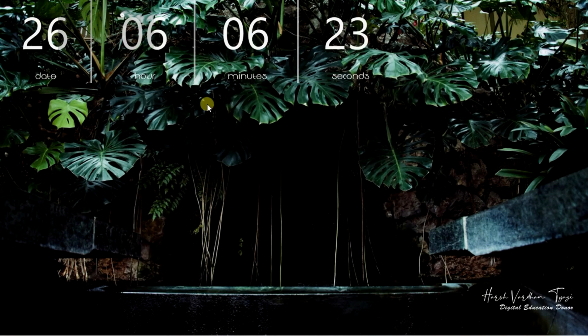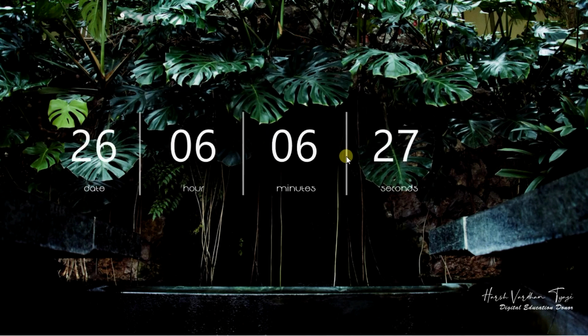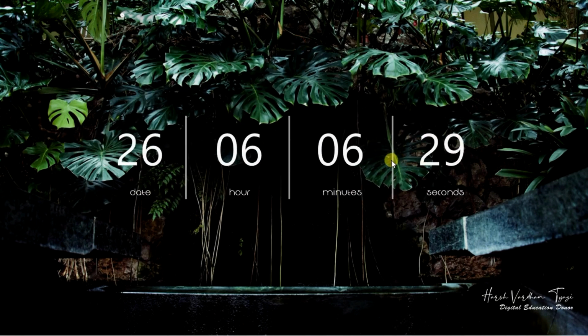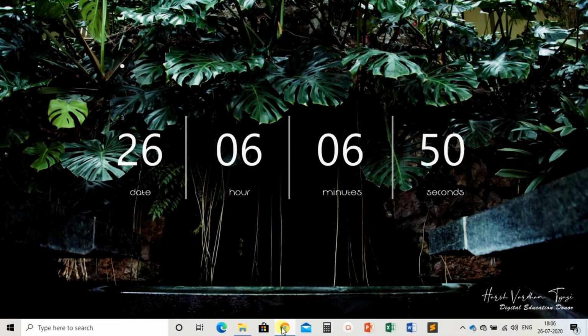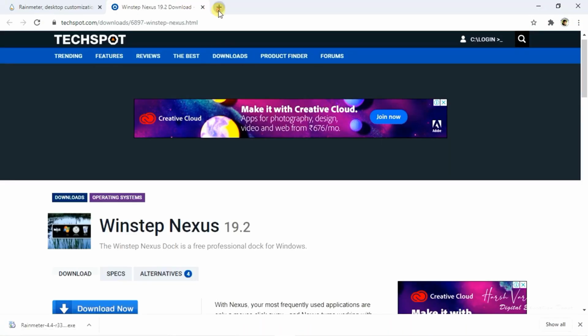Now the date is there, this is the clock. You need to arrange the clock at the center of your desktop. Now here, see, there is a very small icon that is of weather. You need to select it as it comes. Now it is not displaying the weather because we need to change the location of the weather. For changing the location of weather, just select Yahoo.